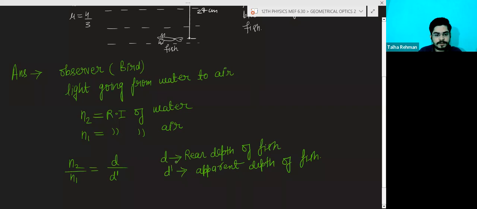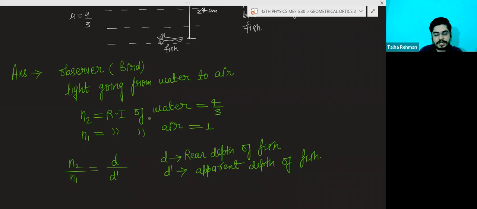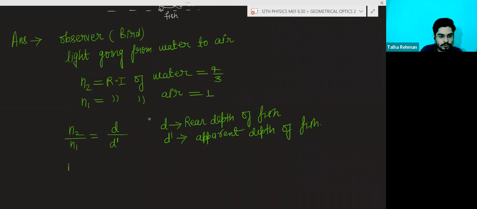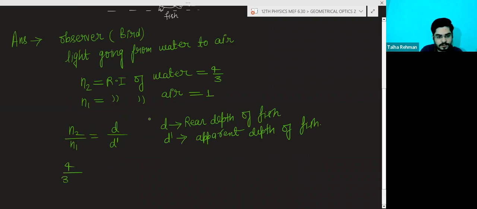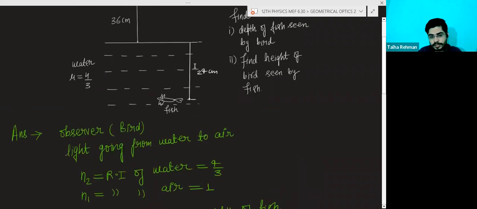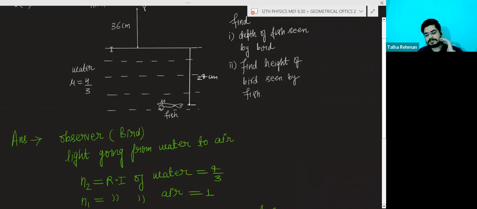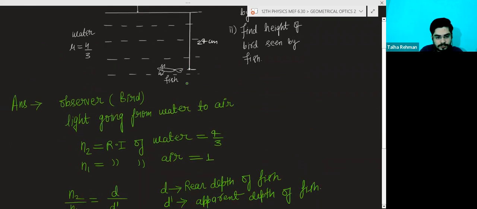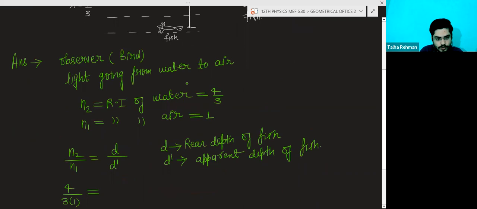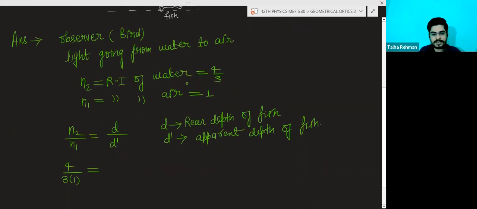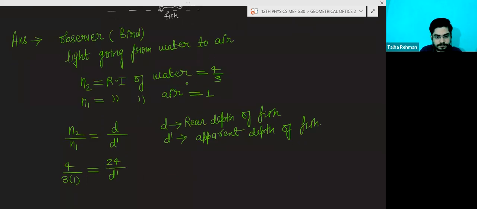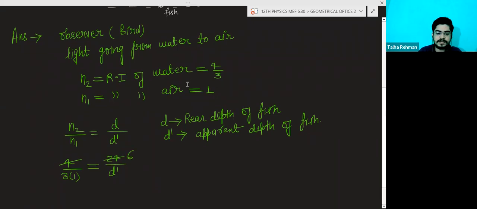Okay, what is N2 here? N2 is the refractive index of water, that is 4 by 3. N1 is the refractive index of the air, that is 1. So put the value of N2 as 4 by 3 and N1 as 1. What is D? D is the actual depth, that is 24 centimeter. We will take the distance from the interface, 24 centimeter. And D dash you want to find. What is D dash? D dash is the apparent depth. Now you can find out. So D dash will be 18